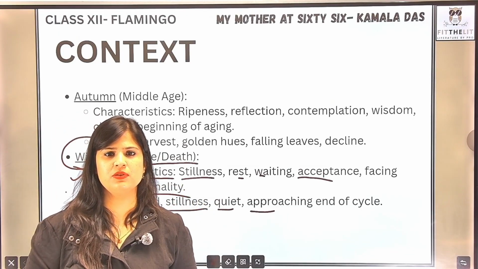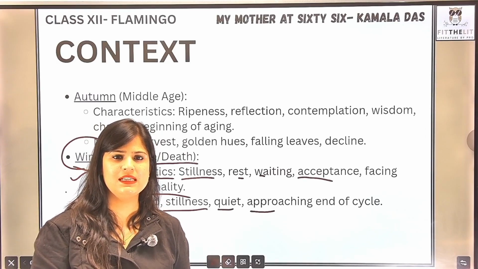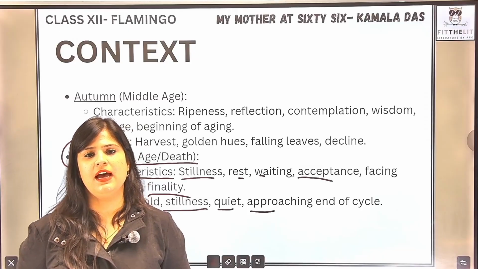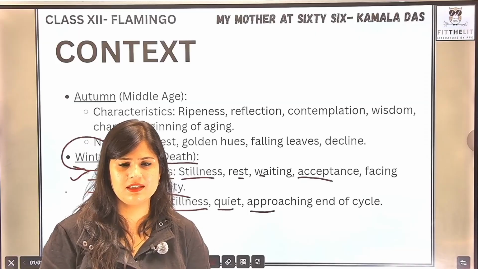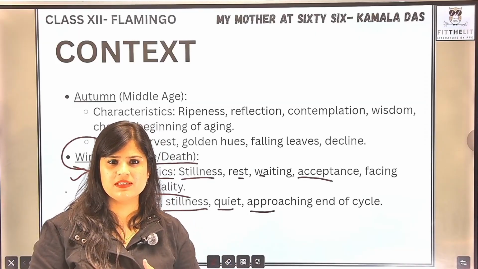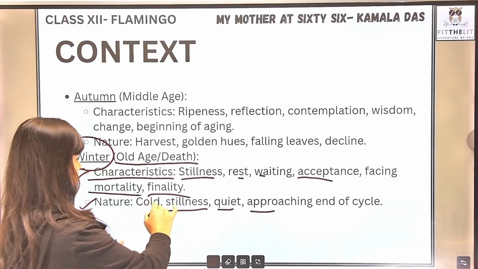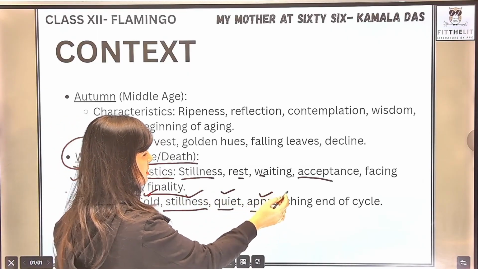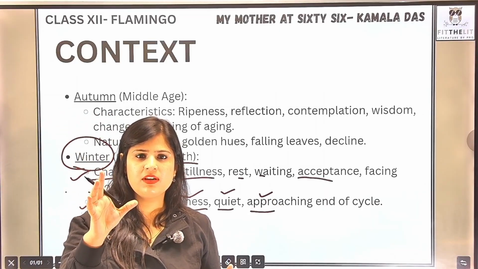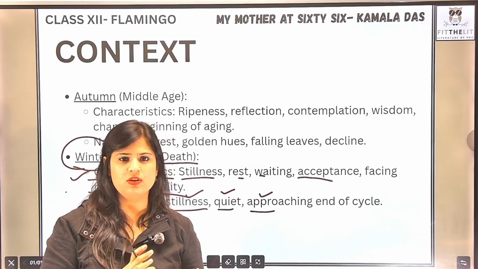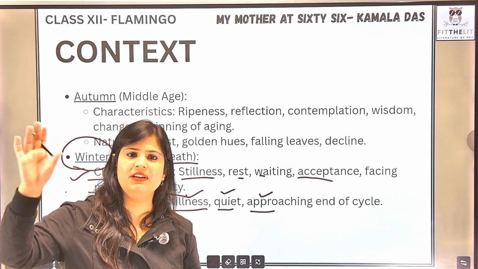Because in winter season also there is stillness all around. You will see that the trees become barren in the sense कि उनकी leaves सारी गिर जाती है, right? And वो काफी still माहौल हो जाता है. You do not see animals as such on the road. बहुत कम animals दिखेंगे because most of the animals they hibernate during winters. Then there is, of course, cold, stillness, quiet, approaching end of cycle. So, of course, human life में जो हमारी एक ओल्ड एज होती है, उसका पैरेलल हमें नेचर में दिखता है, एंड दैट इज इन द विंटर सीजन.